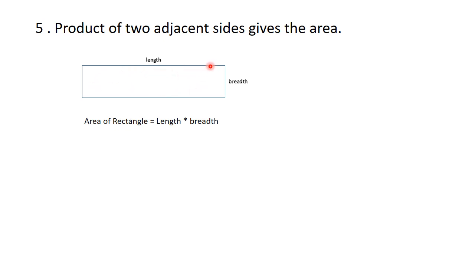So if you want to find area, you just multiply the length and breadth of the rectangle, then you can easily find the area. Suppose you want to find the measurement of any park or any flat which is rectangular in shape, you just have to multiply the horizontal and vertical line measurements, that is length and breadth. If you just multiply the length and breadth, you can easily find the area of rectangle. So area of rectangle is length into breadth.